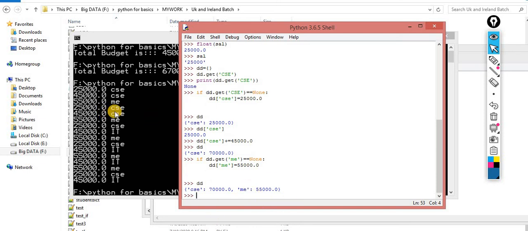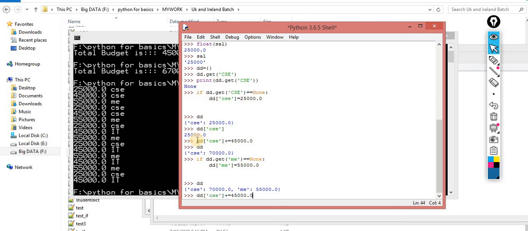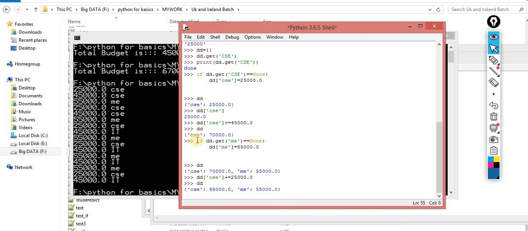In the next case, what value did I get? I got CSC. So again, this condition will fail. If it fails, then you have to perform the same concept. Now this time, what salary do I get? I get 25,000.0. Now you can check out the latest value of CSC. So this process will happen entirely, because this process will happen inside the for loop.